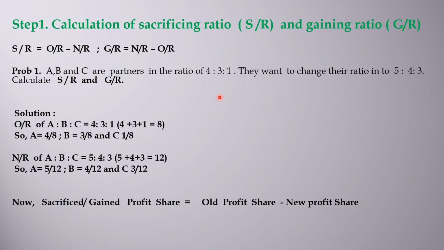There are three partners A, B, and C, and their profit sharing ratio is 4:3:1. They want to change their profit sharing ratio to 5:4:3. Now we have to calculate the sacrificing ratio and the gaining ratio. So first of all, we can write here the old ratio